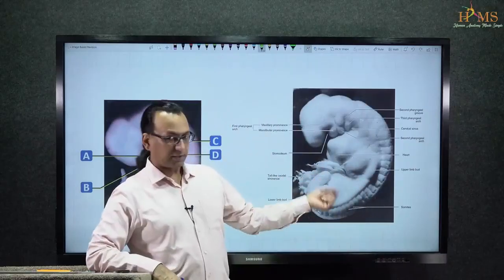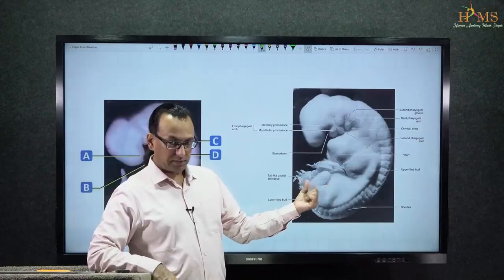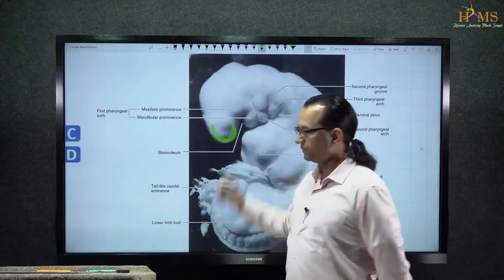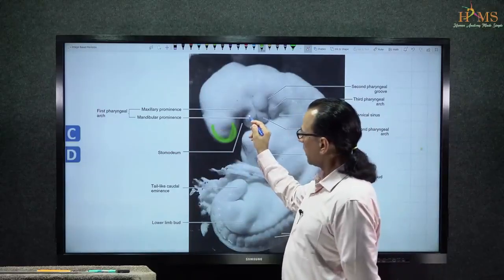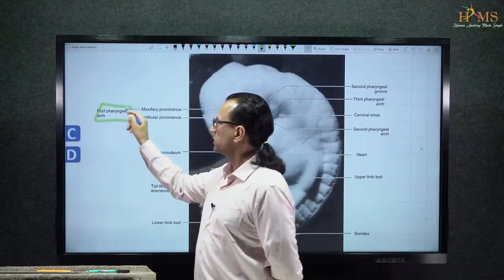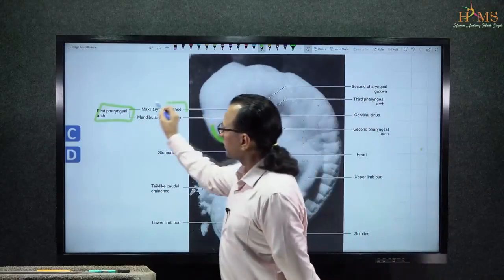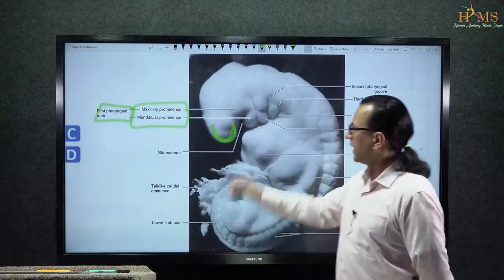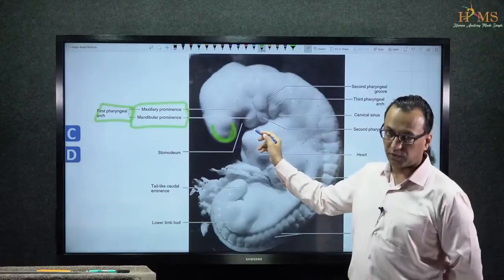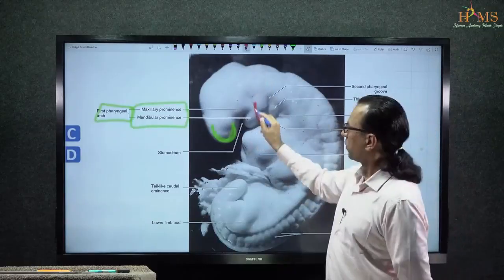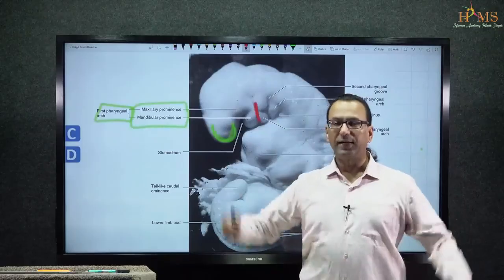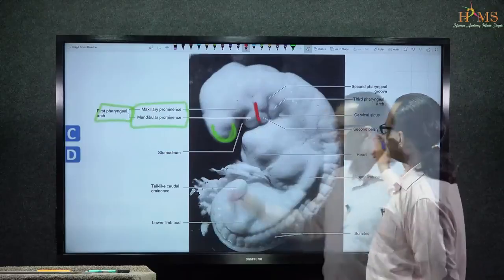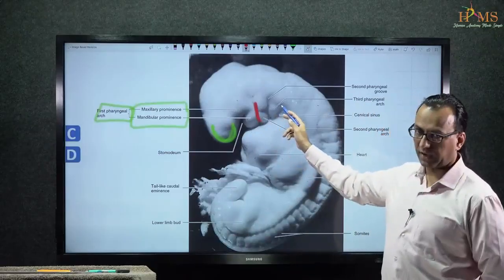We have a similar diagram here. Let us zoom this a little bit and discuss some of the details. What we can notice is this will be the frontal prominence of the developing embryo, and here you have the first pharyngeal arch, which is going to give 2 prominences, the maxillary prominence and the mandibular prominence. Between the first and second pharyngeal arch you will have a groove, called the pharyngeal cleft one, which later forms the external ear canal as well. Then you have the second arch here and the third arch. Between the second and third arch you will have a cleft here,